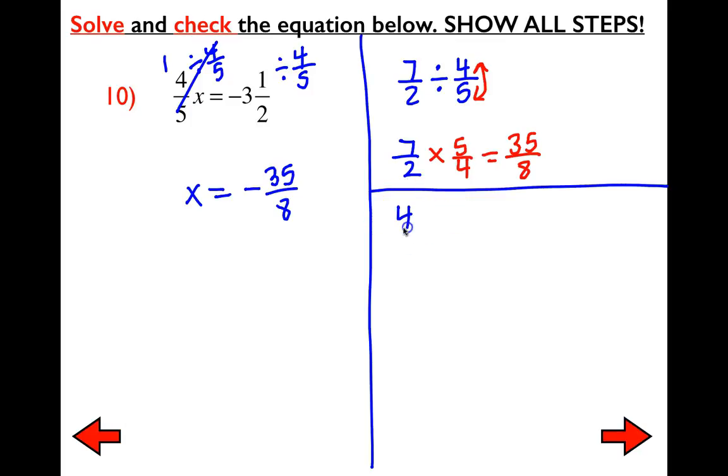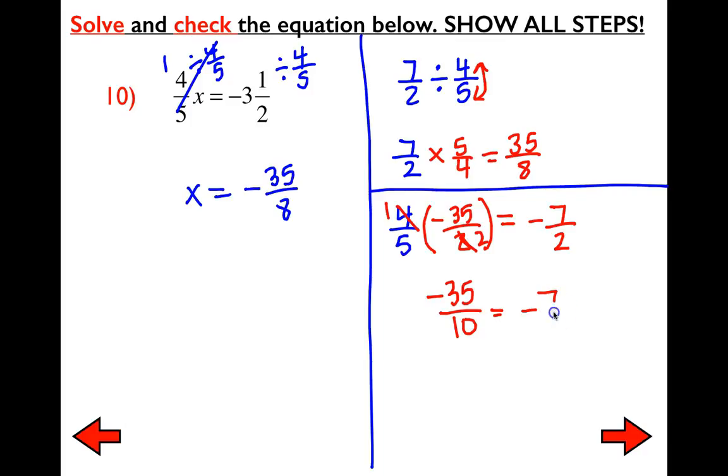I'm going to write 4/5, but instead of x, I'm going to replace that with a negative 35/8. Check to see if that equals a negative. And again, let's change to improper to save us some time. 2 times 3 is 6, plus 1 is 7. So we're going to put 7/2 here. So let's check. Can we cross cancel? Yes, we can divide by 4. So 4 divided by 4 is 1. 8 divided by 4 is 2. Leaving me with negative